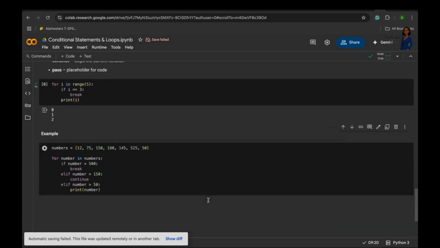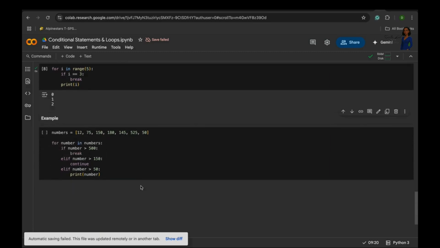So just take your time and read through the code and you realize it's not that difficult. Here you can see that we are making use of a list. We have a variable storing a list, and our for loop is stepping through each element within the list. In this case, we've named our element number. So for each number within our variable numbers, because that's the variable name we assigned to the list, each element in numbers,